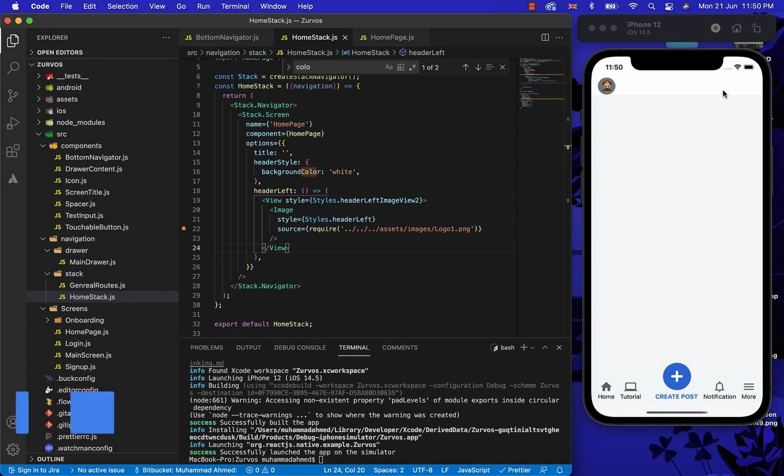So as you can see, after giving some styling, our user image is at the perfect location.